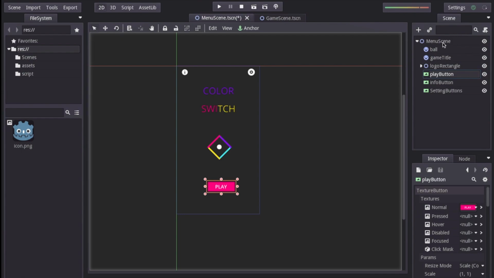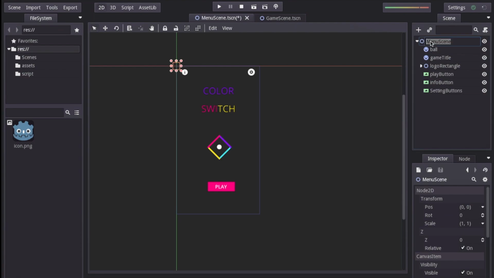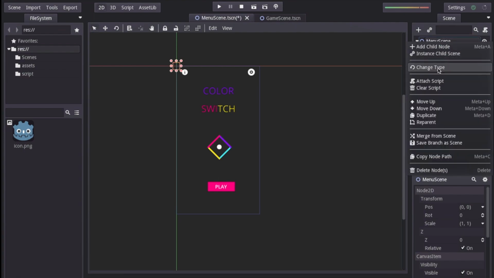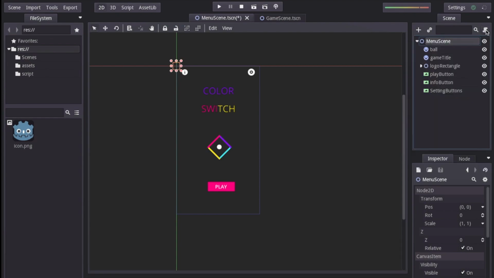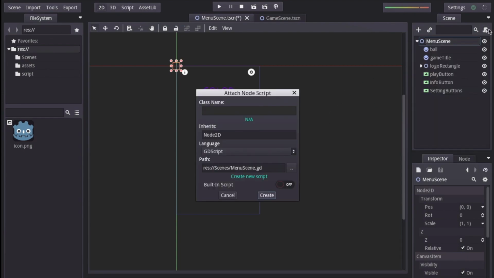Now to attach a script to the menu scene, let's go ahead and select the menu scene, and from the top here you can see the S+ button. Now this is the button that is used to create a script. Now we can also right click on the scene and press attach script. Both ways work. Now let's go ahead and attach a script to the menu by pressing the S+ button, and